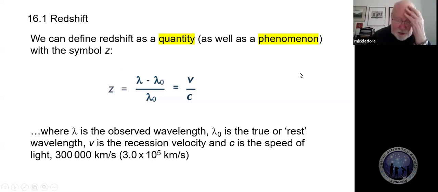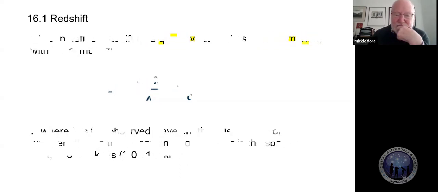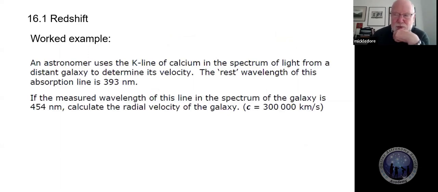The speed of light, you'll be given on the question paper, 300,000 kilometers per second. Pretty fast. 3 times 10 to the 5 kilometers per second, or 3 times 10 to the 8 meters per second, which we don't tend to use. We don't think in terms of meters per second, the speed of trolleys in the physics lab and things like that.